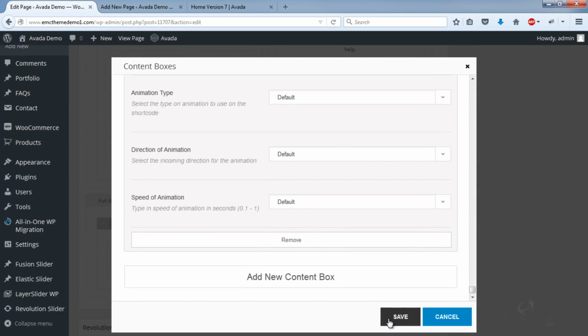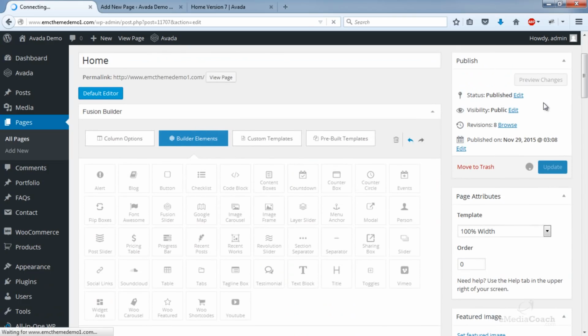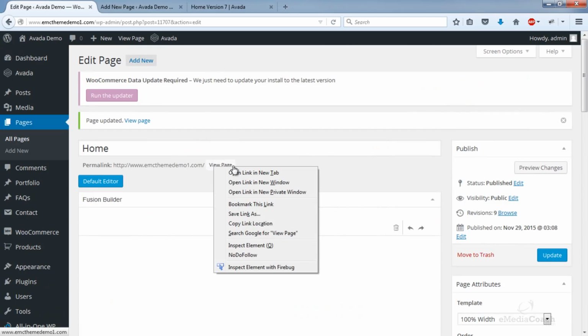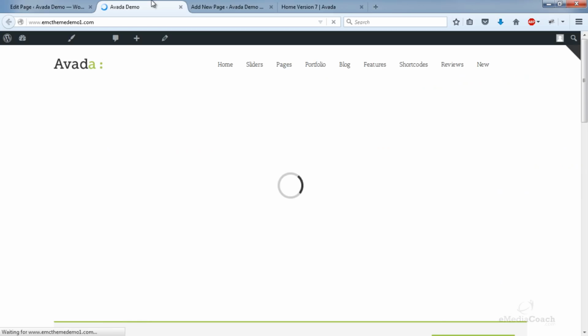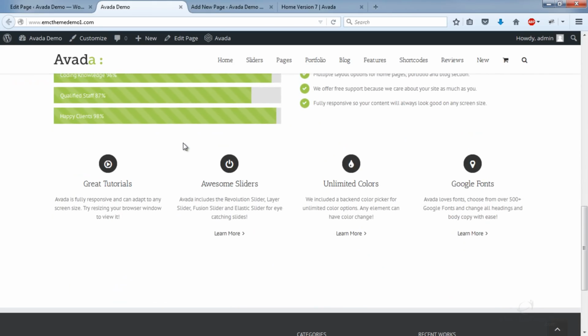Okay, so when you've done that, you can save and update your page to see what that looks like on your website. That's awesome. So why am I missing a link here?